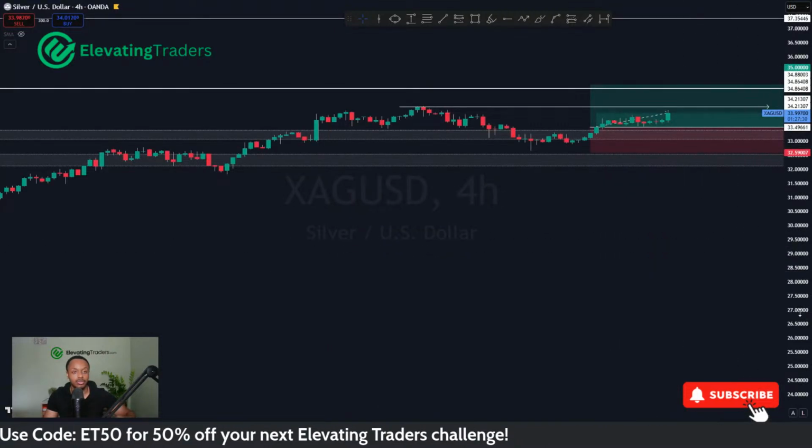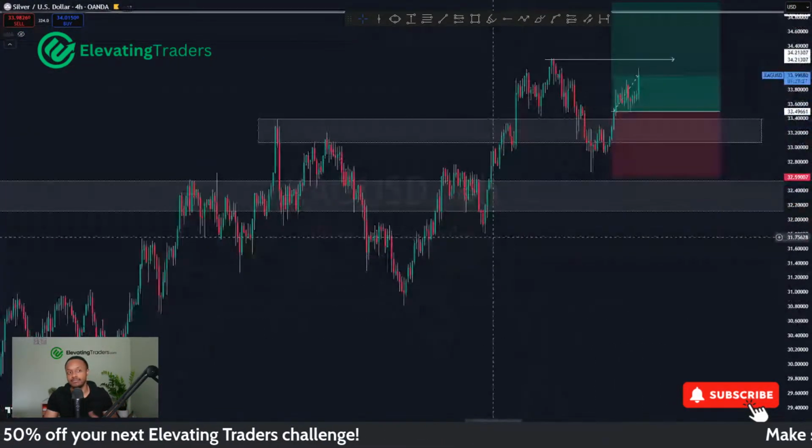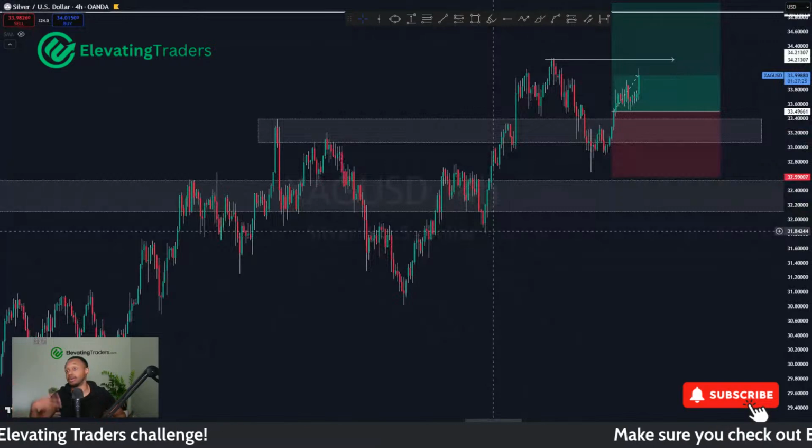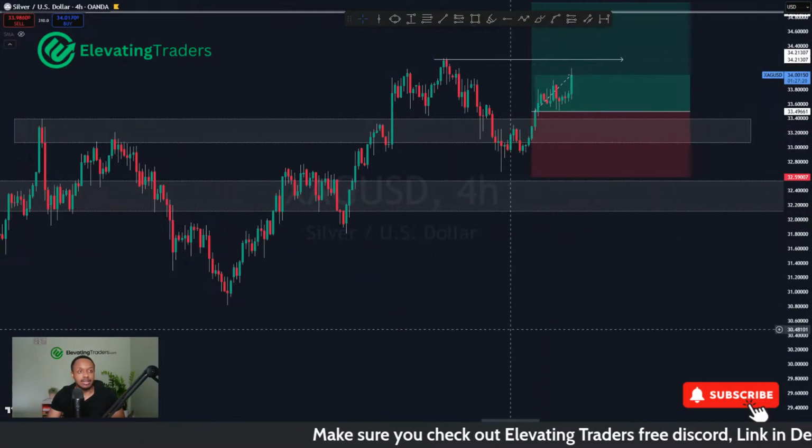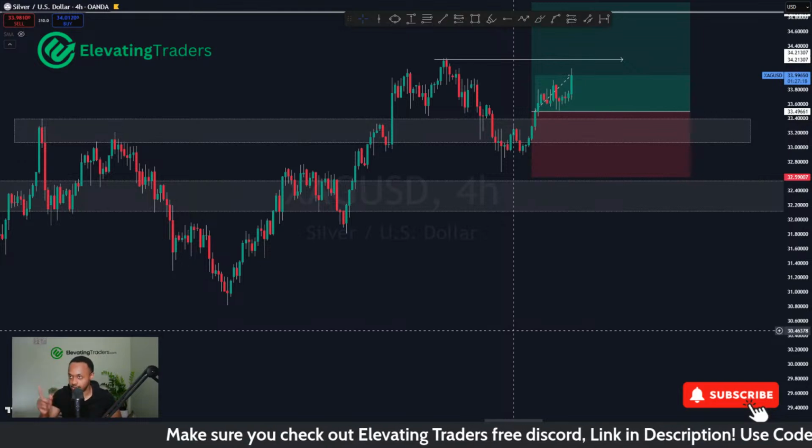But you don't want to try and force anything, because if it doesn't hit today, it might hit tomorrow, it might hit the day after, which will be Monday. But I would say we're likely to get there, which is the key thing.